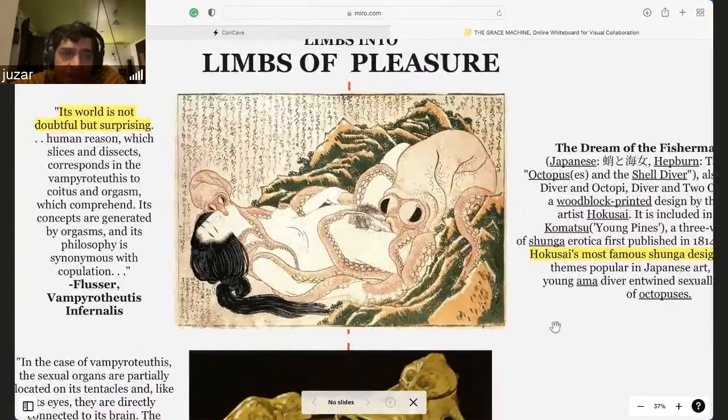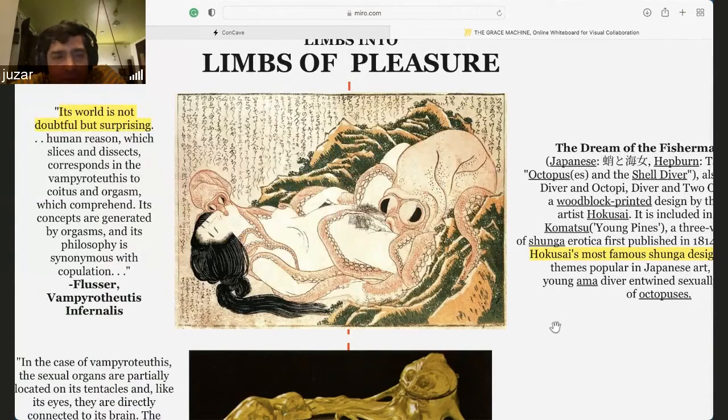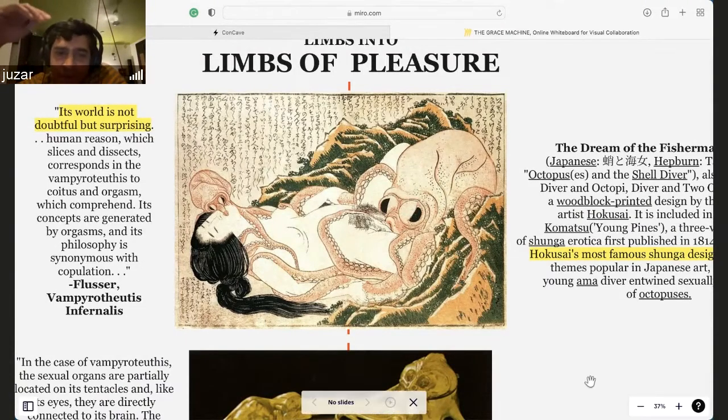Its world is not doubtful but surprising. Human reason, this is what Flusser has to say in Vampyroteuthis Infernalis: human reason, which slices and dissects, corresponds in the Vampyroteuthis to coitus and orgasm, which comprehend. Its concepts are generated by orgasms, and its philosophy is synonymous with copulation. And from there on, if you scroll down,